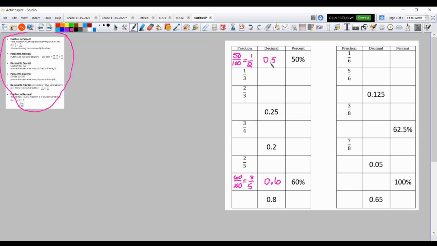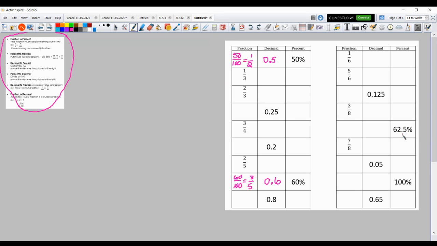So it's kind of like we're just dividing by 100. So you take the decimal from here and you move it back 2 places, and that should help you get percent to decimal and percent to fraction. I think those are probably the easiest ones. This one's kind of funny,